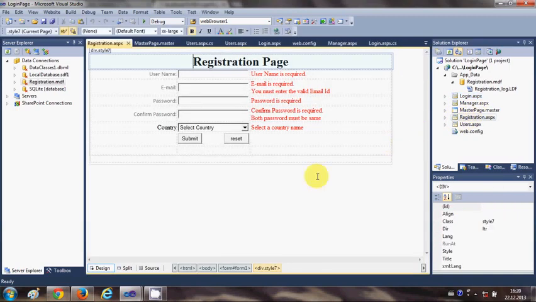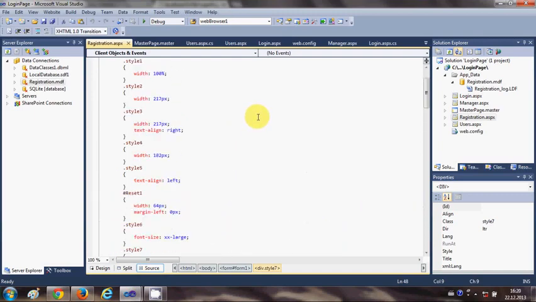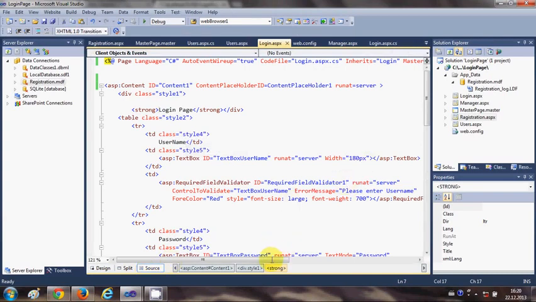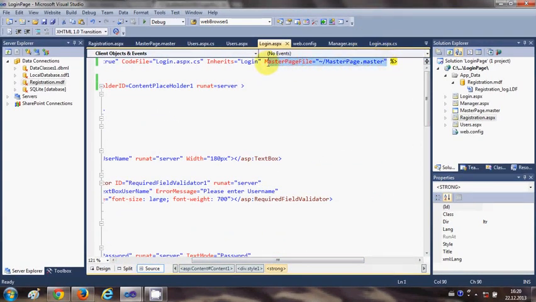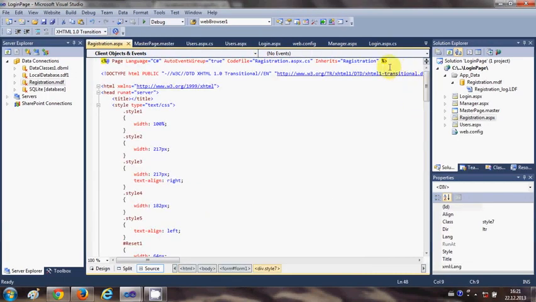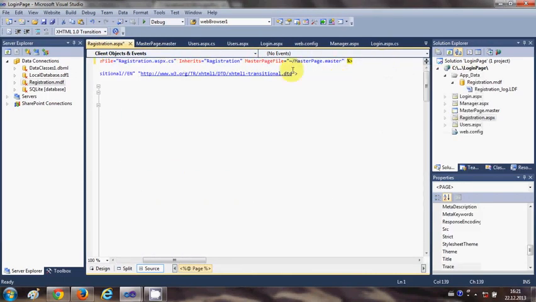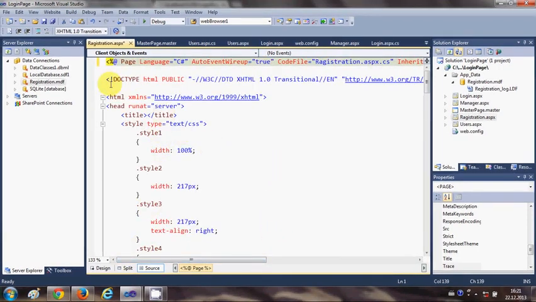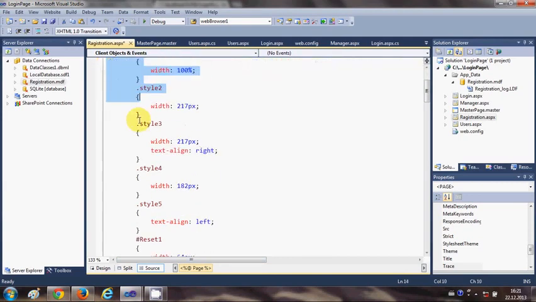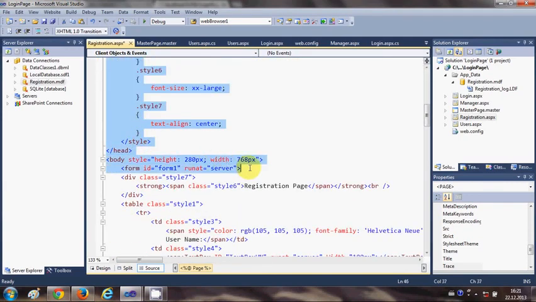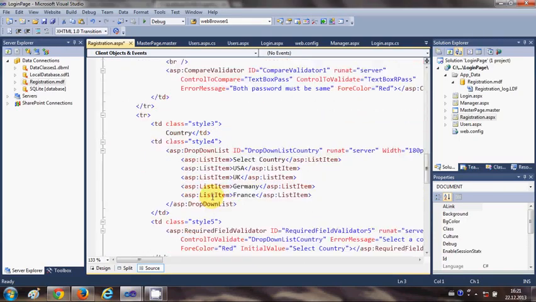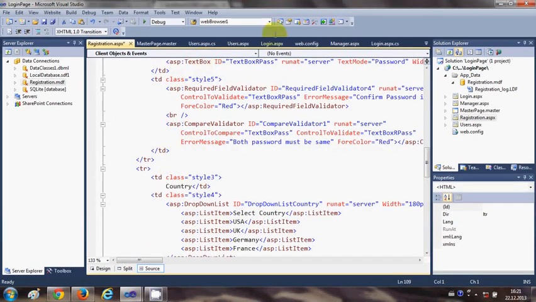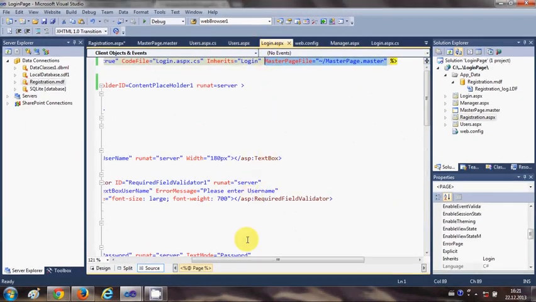So go to the registration page, go to the source, and at the top, whatever we have applied in the master page, we have given the link of our master page. I will copy it from here and paste it to the registration page also at the top, and I will delete all the body content and head content from here and from the bottom also up to the form, and I will paste the same